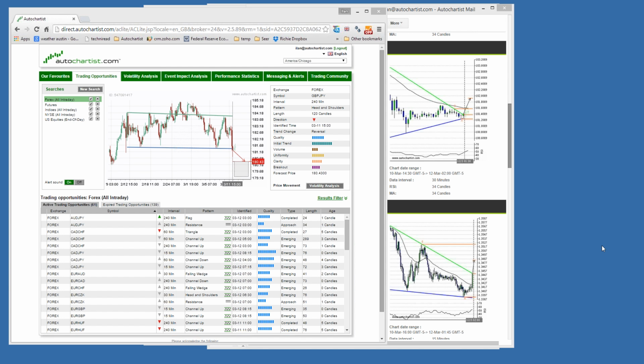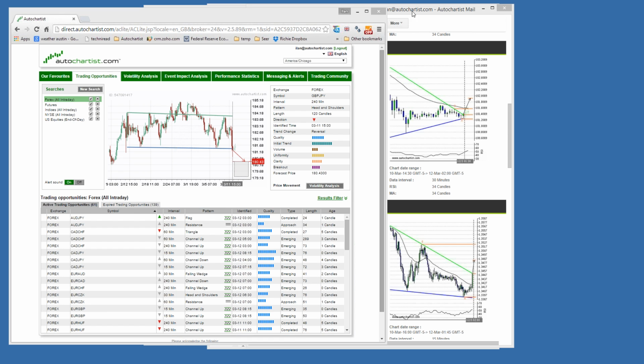Secondly, different brokers actually have different data feeds, right? So we actually have a different data feed for each of our brokers, right? So what that means is that the reports might look slightly different for every broker because the underlying data is slightly different. I hope that answers your question.